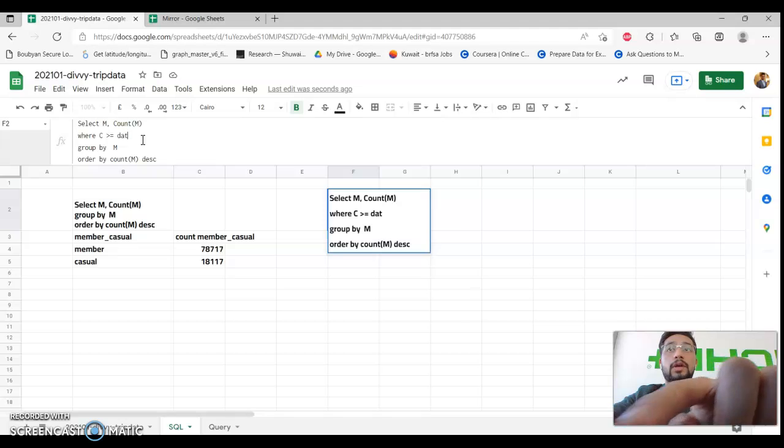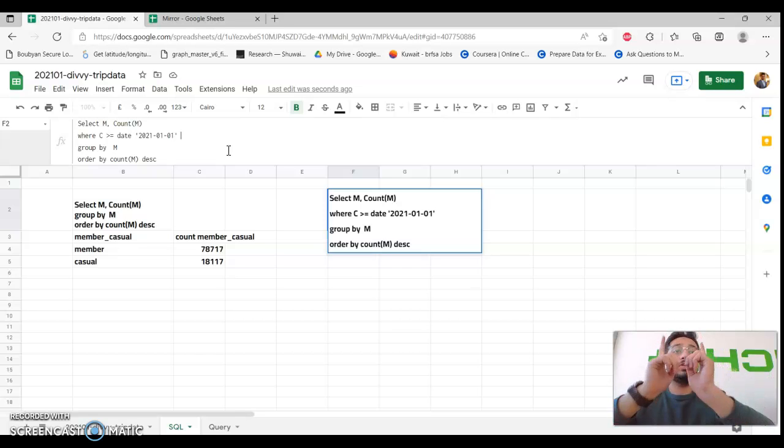Now, in order for it to understand, I need to write date before. And I need them in the first 10 days. So I'm going to write the year first of all, then the month, then the date. And now this is just one condition that I gave it. I can give it multiple conditions using and or statements. I'm going to be using and statement,